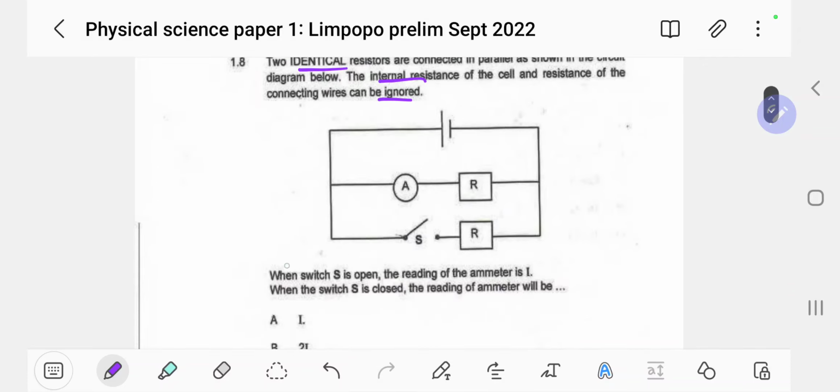Now, we are told here, when switch S is open, which is over here, the reading of the ammeter is I. So meaning this one reads I over there. And this I will only pass through which resistance? Only this resistance here. There will be no current passing through here, because once this switch is opened like this, this creates a very high resistant segment here. It is not negligible, but infinite, right? So whenever you hear a word that says infinite resistance, it tells you that that resistance is too large, that no charge would pass through there.